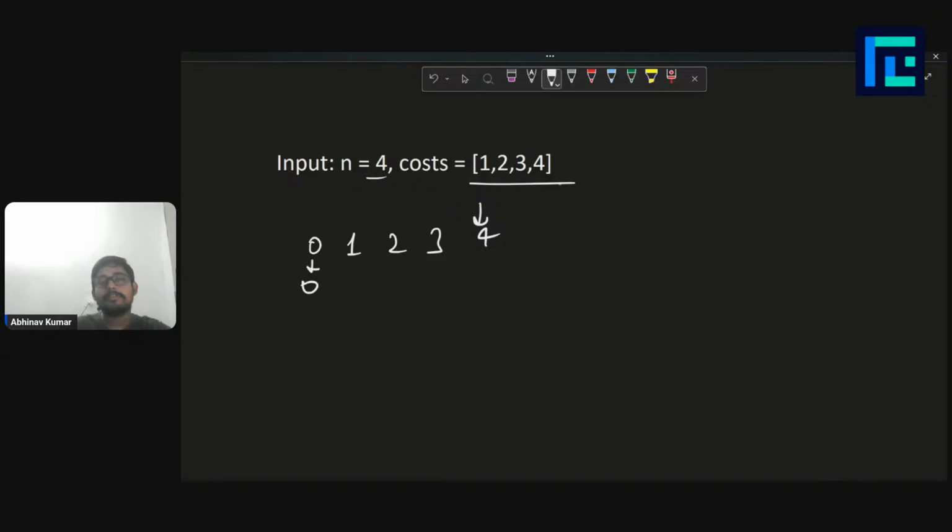Okay, so at step 0, your initial cost is 0. Now from step 0, you can jump to either 1, 2, or 3. You can jump 3 steps forward, any one of the 3 steps ahead. Okay, so if you jump to step